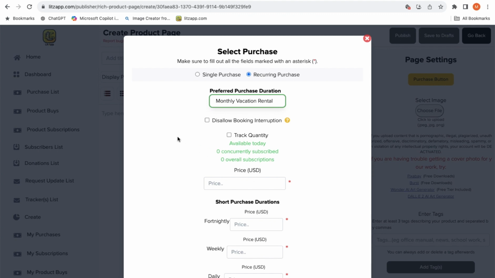To disallow booking interruption, you first need to understand just how important booking interruption may be to you, depending on how you want to use Litzapp. Booking interruption is a feature on Litzapp that allows a resource to be booked by multiple people whenever the resource is available on the calendar. This feature still maintains the automatic renewal of a booking or purchase at the end of the subscription cycle,